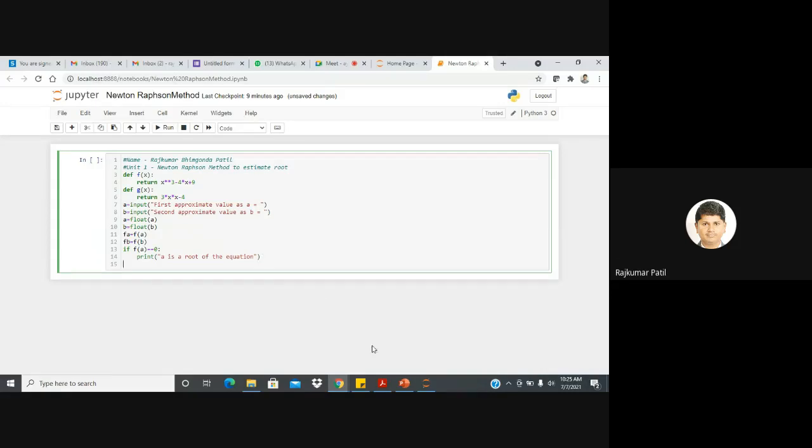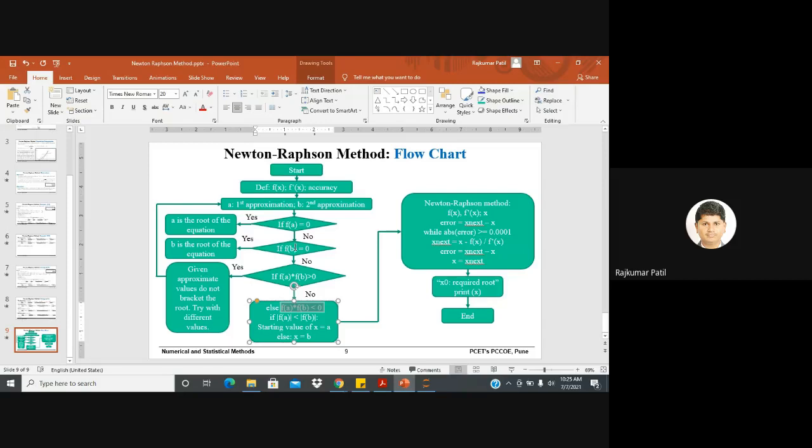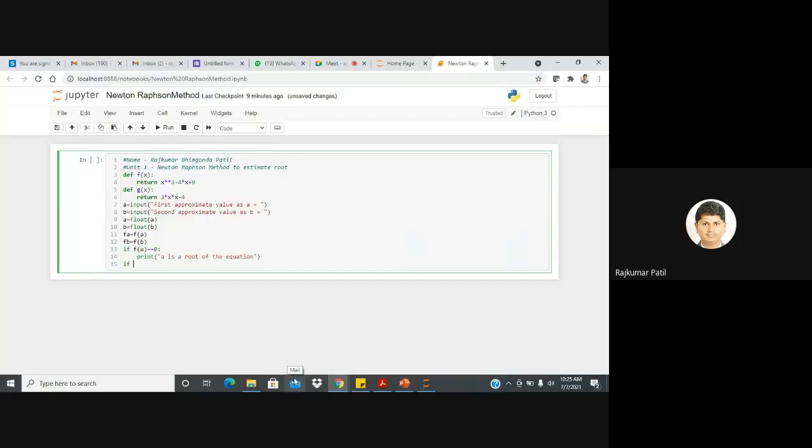Then if this condition is not true, we will go to the next condition, if f of b equal to 0. If this condition is true, then we will use a print statement and say b is a root of the equation.